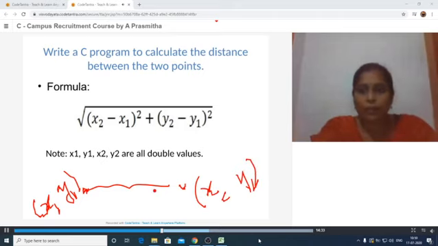When we want to calculate the distance between these 2 points, we can have this formula: square root of (x2 minus x1) whole square plus (y2 minus y1) whole square.